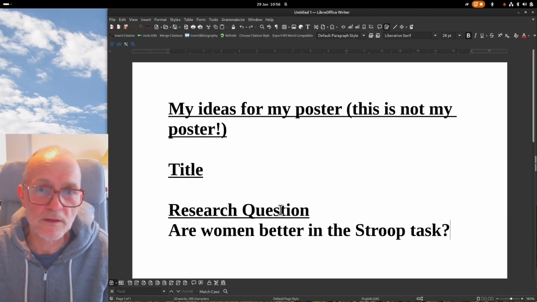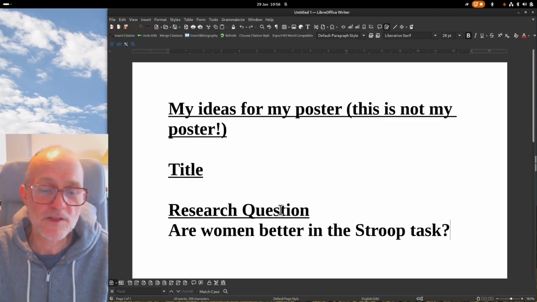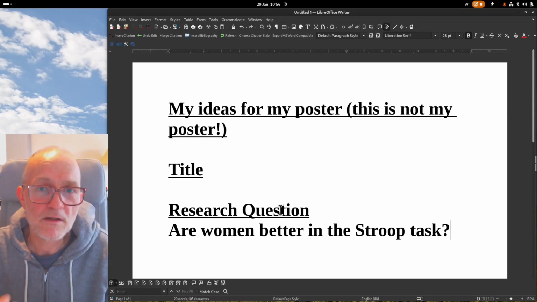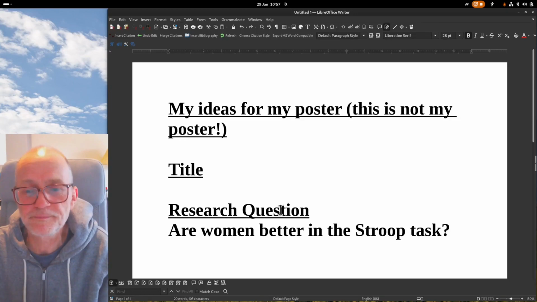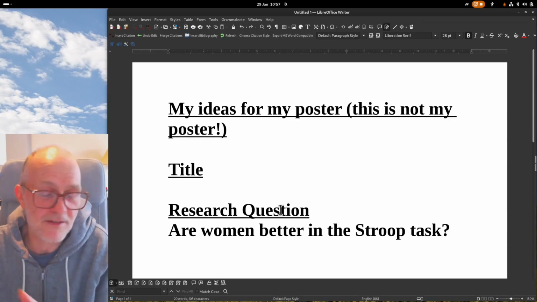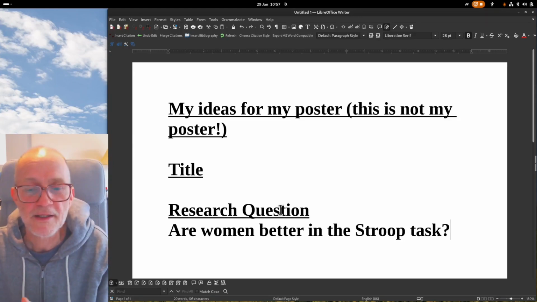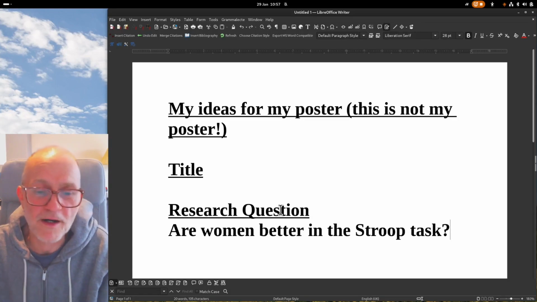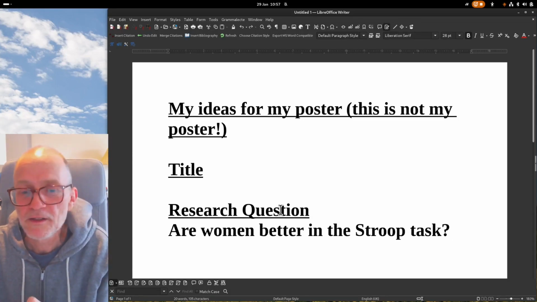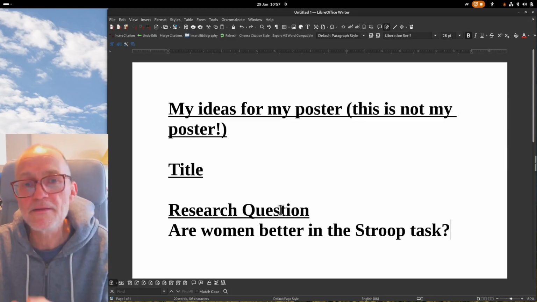we see sex differences or gender differences in language processing, maybe women are quicker in processing text and therefore have less of the Stroop interference that we see maybe in men. So that could be a hypothesis, and then therefore I predict that in my experiment women will show a smaller Stroop effect. And then